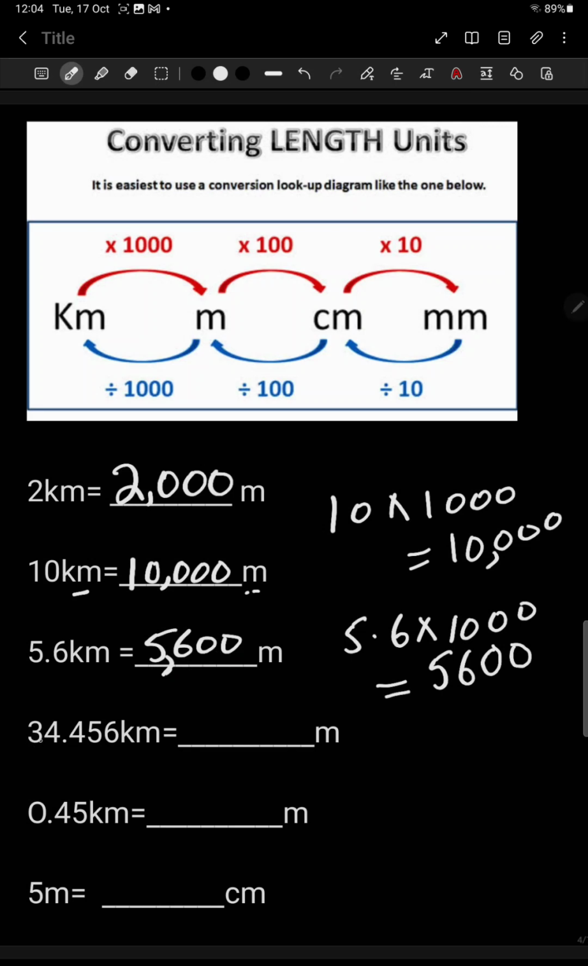The next number is 34.456 kilometer, and in this again we are going to convert into meter. So from kilometer to meter we will multiply by 1000. We will apply the same rule, multiply by 1000. Students, we can see that the decimal is over here. While multiplying by 1000, we need to move the decimal 3 places. So 1 2 3, the decimal will be at the end. So our number must be